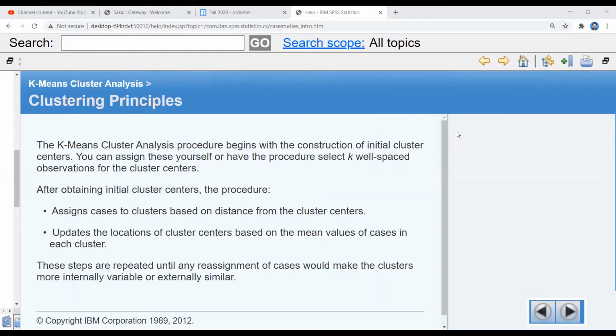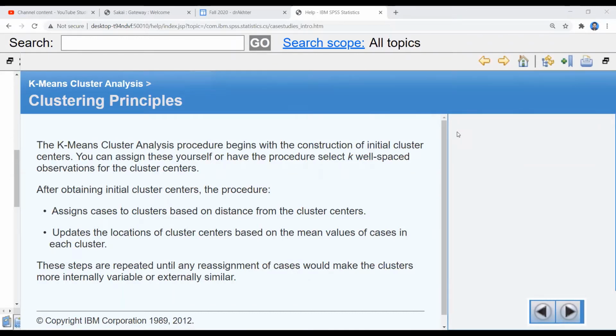The other thing which is needed in cluster analysis is the initial cluster values, or the initial cluster means. Initial cluster means can be supplied by the user, or they can be calculated directly with the help of software.